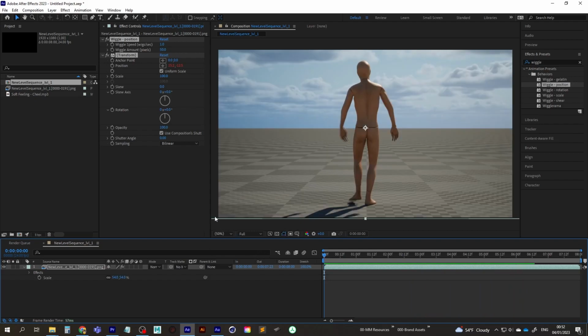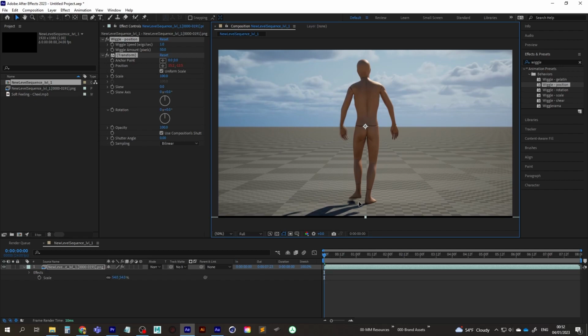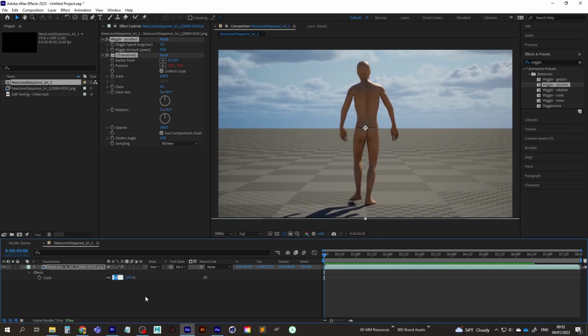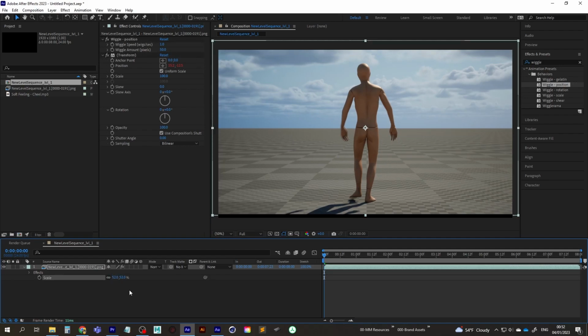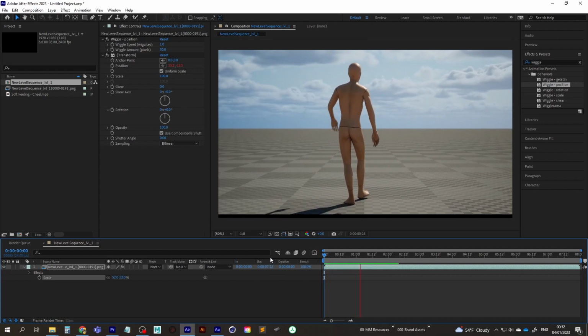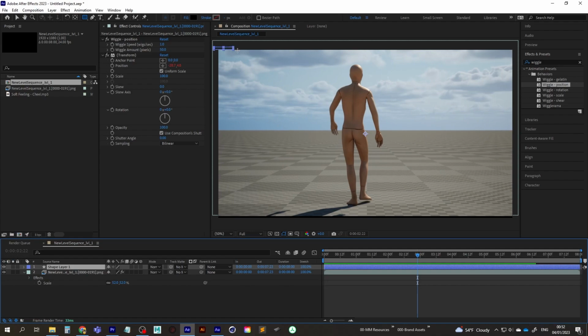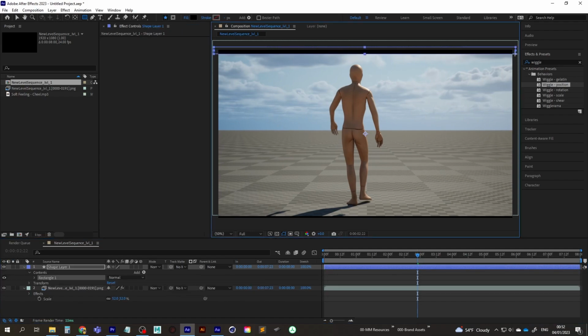And what we can do as well is we can push this up a little bit more, or actually undo that. We can scale it down a little bit, maybe down to 52%. And then we can add our nice cinematic black squares. I don't know what they're called. It just kind of looks cool, I suppose.